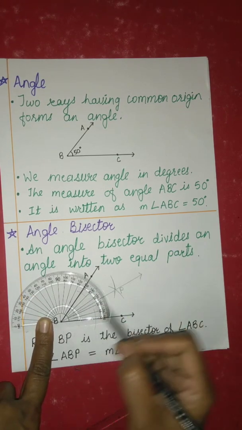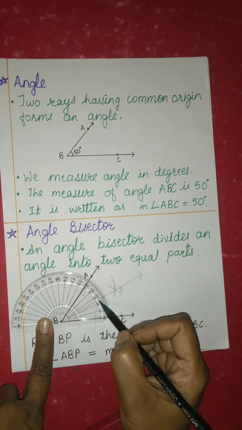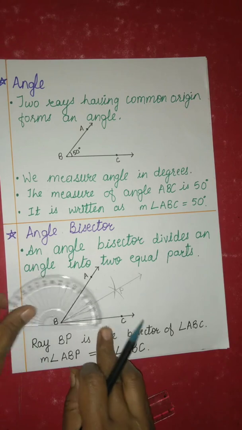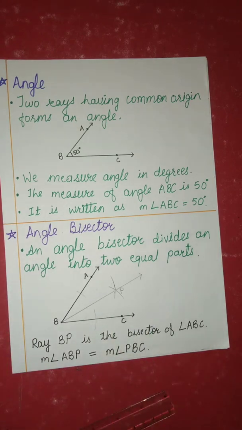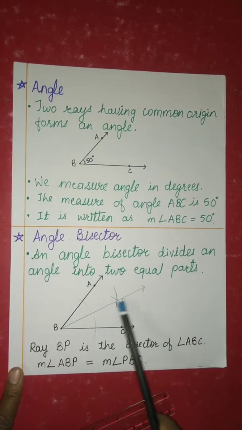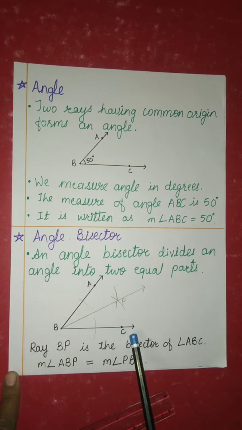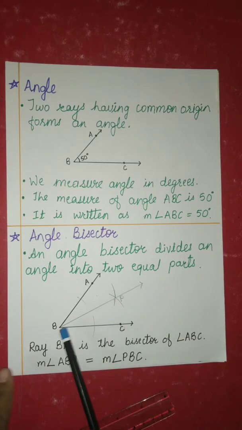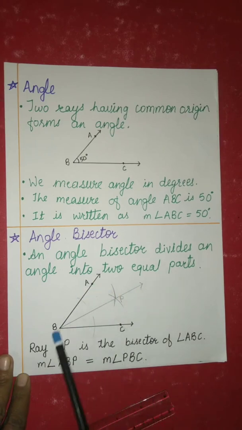Therefore angle ABP is 25 degrees, and angle PBC is also 25 degrees. From here we see that the measure of angle ABP and the measure of angle PBC are both 25 degrees. Their measures are the same. Hence, we can say that ray BP is the angle bisector of angle